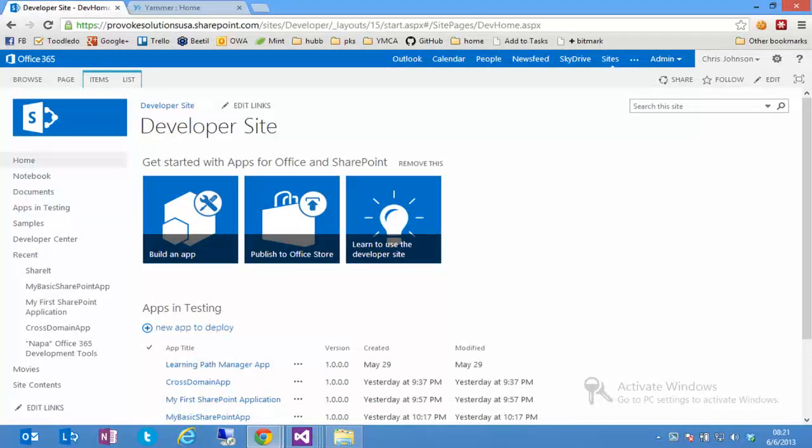Now, the only caveat with that is that the submission to the store requires a paid 365 tenancy now, as it's moved out of preview. So when you want to go and submit apps and go and make millions from everybody using Office 365, then you need a paid 365 subscription to submit them. But this is basically a great starting point for building apps. You want to get yourself a 365 tenancy that you can start using for building apps, deploying apps to, and